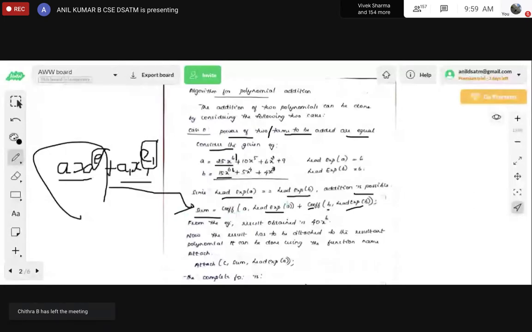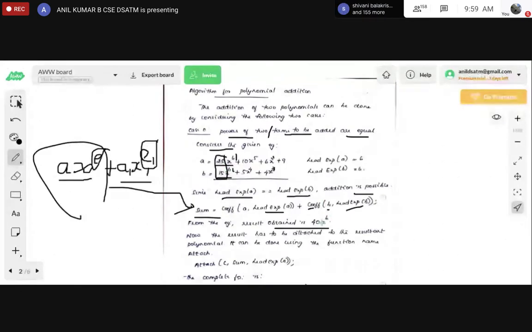This COEF, lead exp, these are all the variables that we have to create for your programming. While writing one complete program for this addition of polynomials, during that time you'll come to understand why we have used this. Okay. So from the result obtained, what will be the result by performing addition of this? So this 40 to the power, sorry, one minute. So 25 plus 15, the coefficients are added.